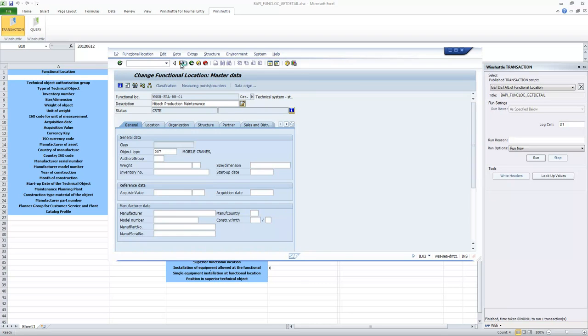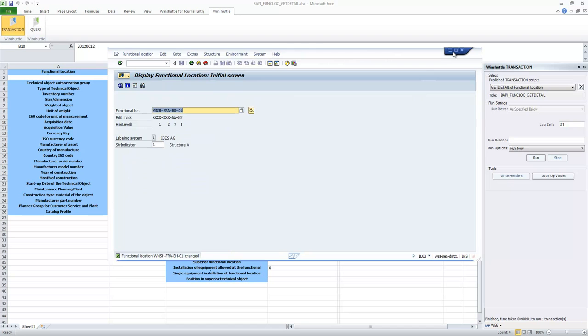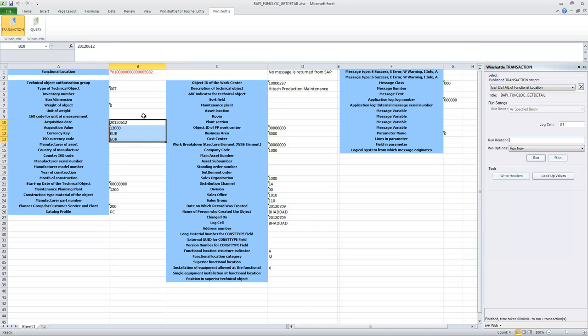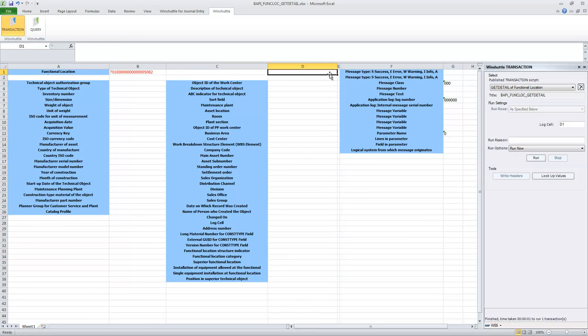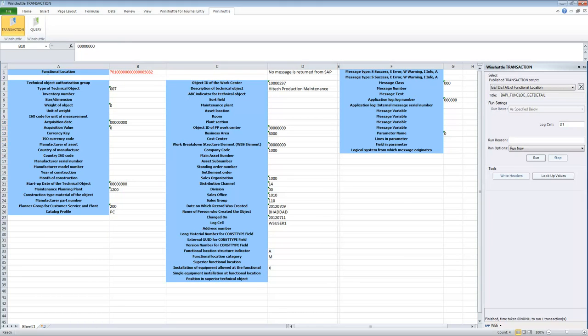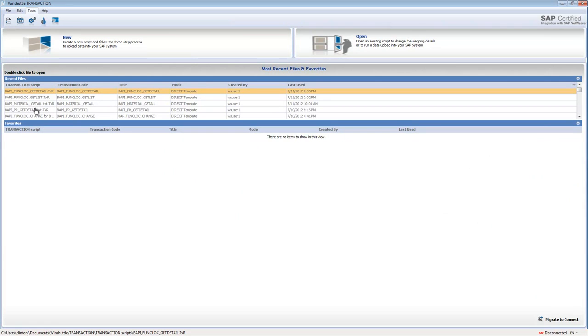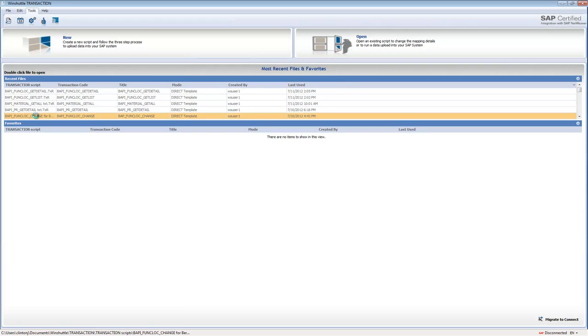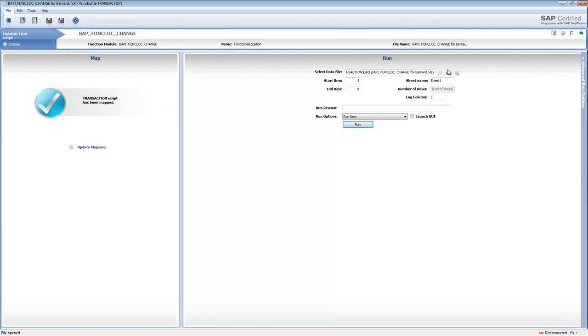So I clear out the data in that record, and now I'll go and pull up the BAPI that we worked on together. And you'll see here that if I clear out all this data as well, then this is just display data. If I run it after having changed in the UI, you'll see there's no value there at all. So let's get the BAPI that we worked on together now, and let's see what happens when we try to run that. And that was, of course, the BAPI Funcloc change. So going into the BAPI,